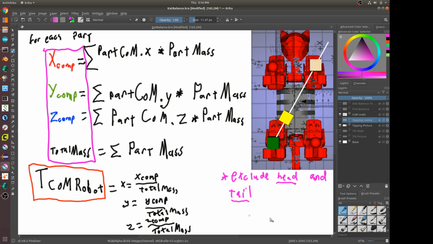Now you are going to want to make sure and exclude the head and tail from this center of mass calculation, because it's an incremental center of mass. We're going to set values to the head and tail to sort of tune it from there. But we know the center of mass of the rest of the system, so we're going to compute that right away. And if we have those component values and the sum of all the other masses, we can move on